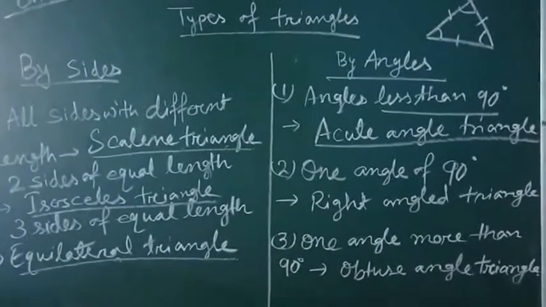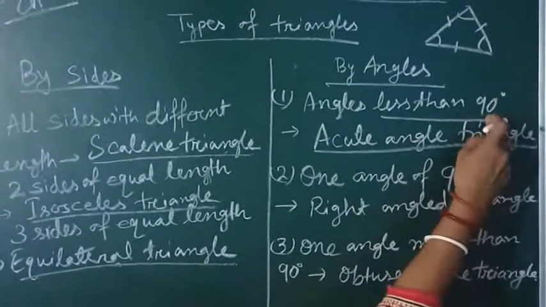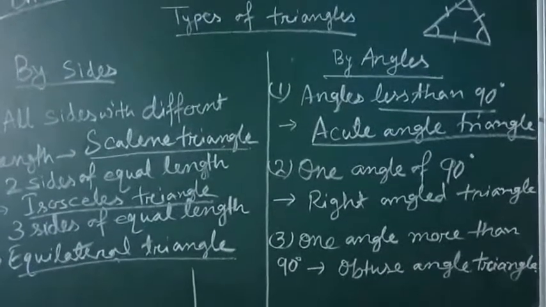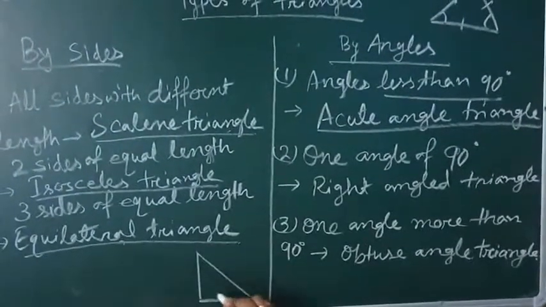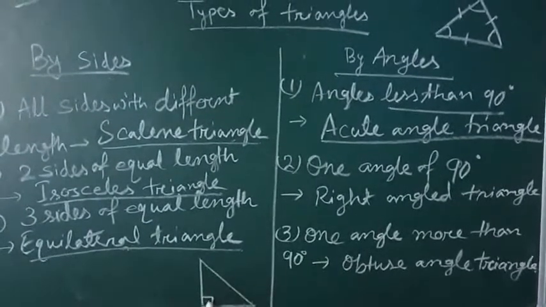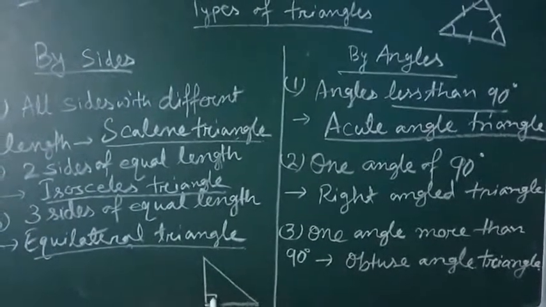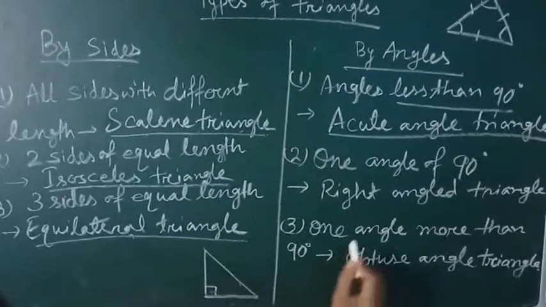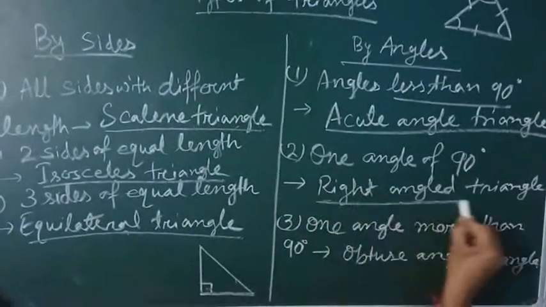Okay, now as we are going for the measure of 90 degrees, suppose one angle of a triangle is 90 degrees. Yes, this angle is 90 degrees. I have not measured the other two angles, only one angle. This is a right angle, that is 90 degrees. So in this case, this kind of triangle will be called what? It will be called a right angle triangle.